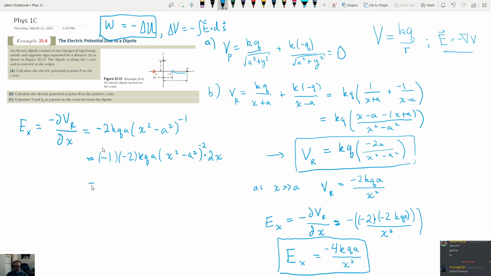That looks correct. I mean, it looks like the same answer we got in the past. So negative 1 times negative 2 will be 2. There's a 4 right here, so we're going to have 4